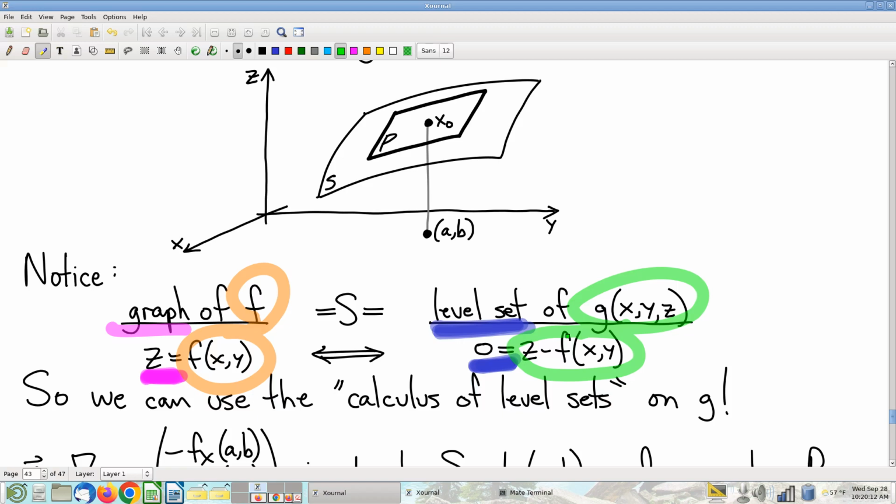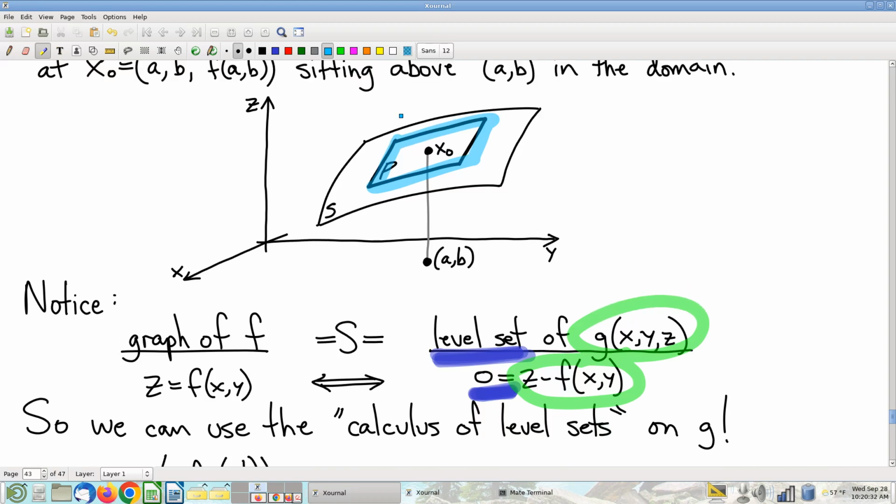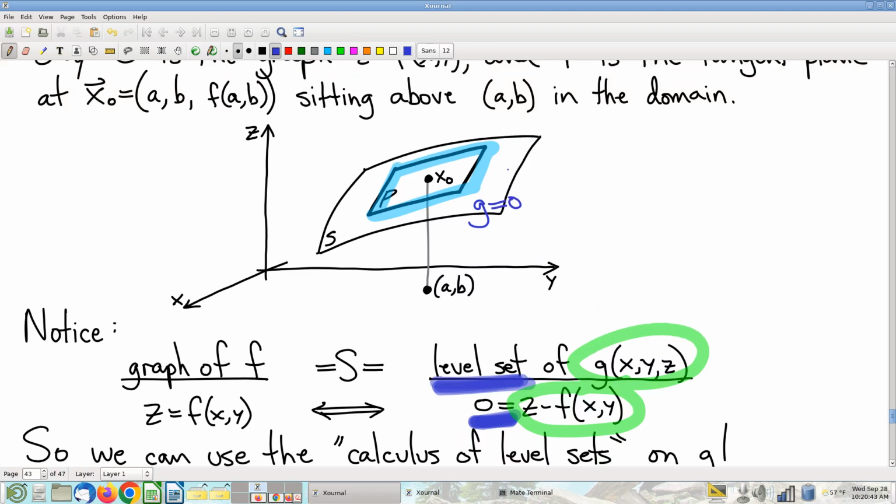All right, so now that we have it written as a level set, we can kind of abandon all this talk about graph. I am now interested in finding an equation for the tangent plane to a level set. How are we going to find the equation of a tangent plane to a level set? Okay, well, no problem. This surface here is the surface G equals 0, and I know that the gradient